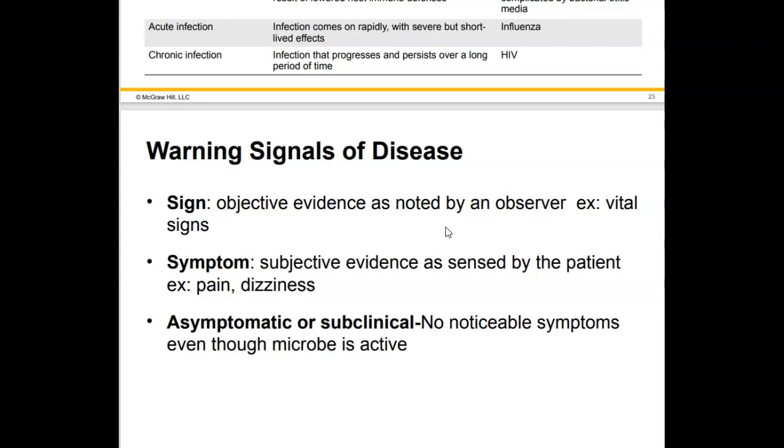So it's objective evidence. We can say, well, I'm going to take your vital signs. Is your blood pressure up? Do you have a temperature? So these are objective evidence that somebody else is recording. All right, somebody outside of the disease who is looking at you and saying, okay, well, I see these things, and they're able to record them as evidence. Now, sometimes you have asymptomatic or subclinical infections. So you have no noticeable symptoms, even though you have